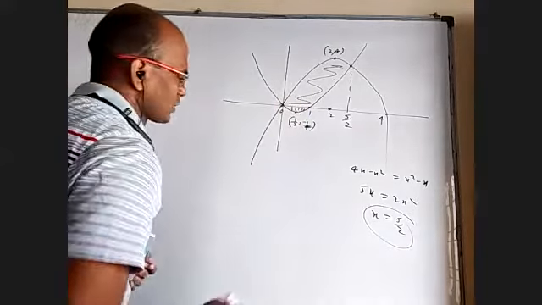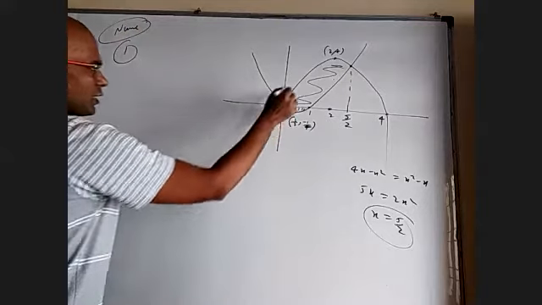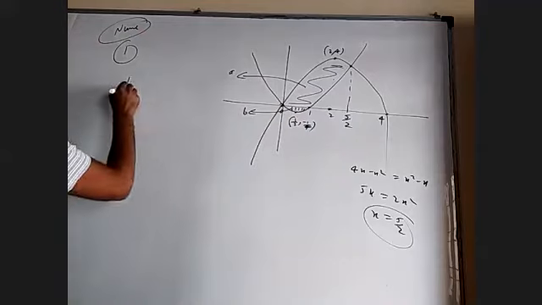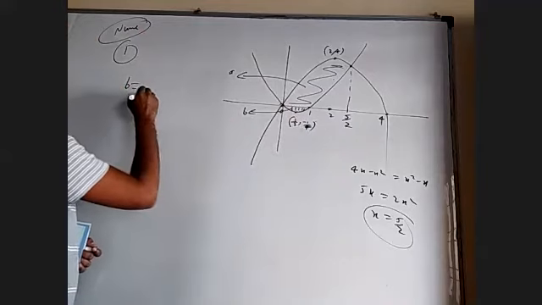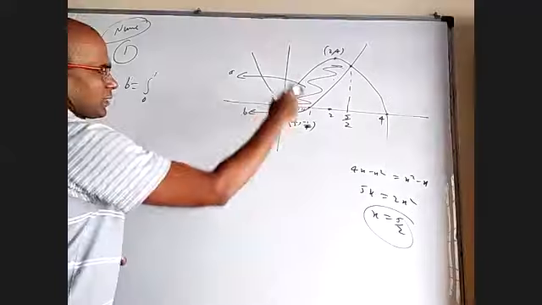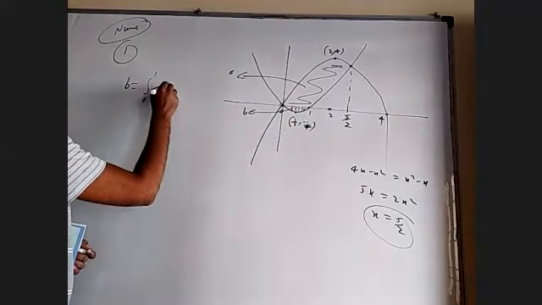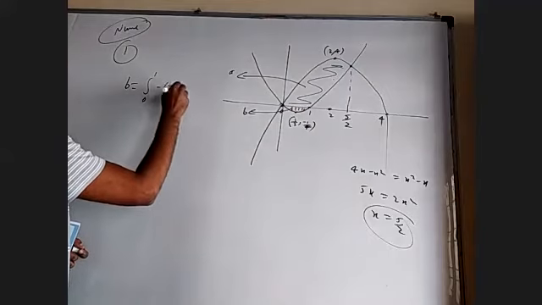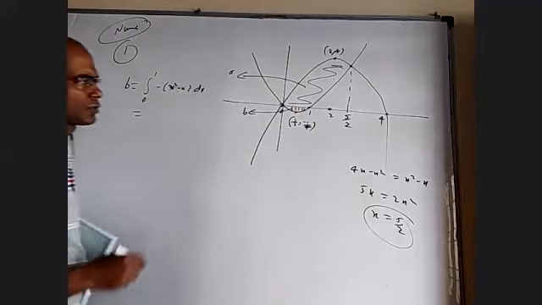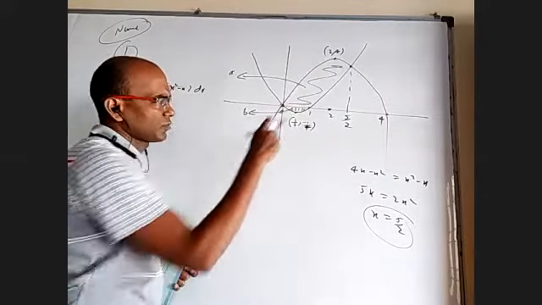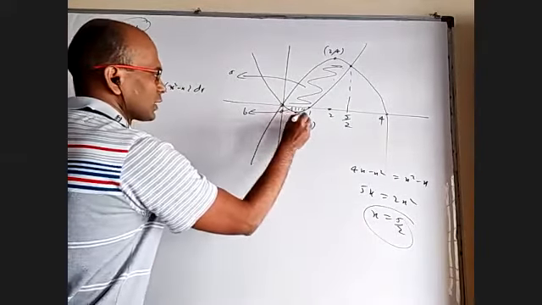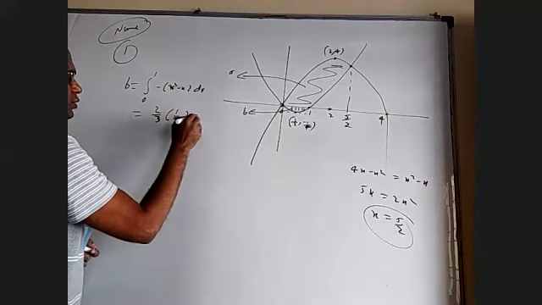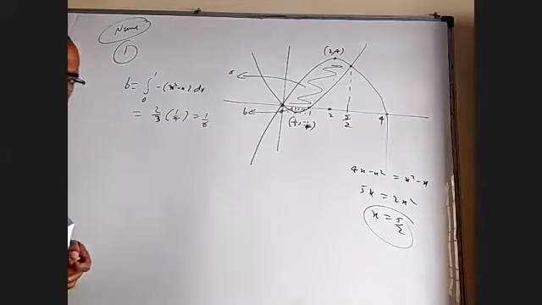This down area is easy. If at all you want to call this, this upper area is A and this down area is B. It may be reversed, we don't know. Only B you can do by integration as 0 to 1 of x minus x square, but I will take a negative, minus of x square minus x dx. If I use the 2/3 rule, this is 1 and this is 1 by 4. So the area of the rectangle is 1 by 4, 2/3 of that. So 2/3 of 1 by 4 is 1 by 6. So B alone is 1 by 6.